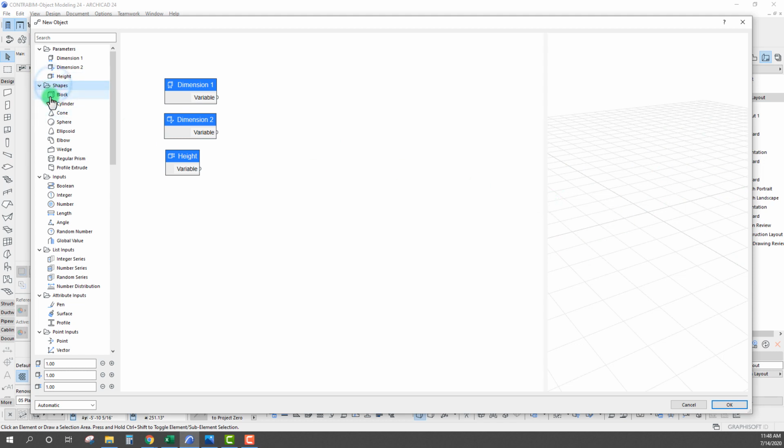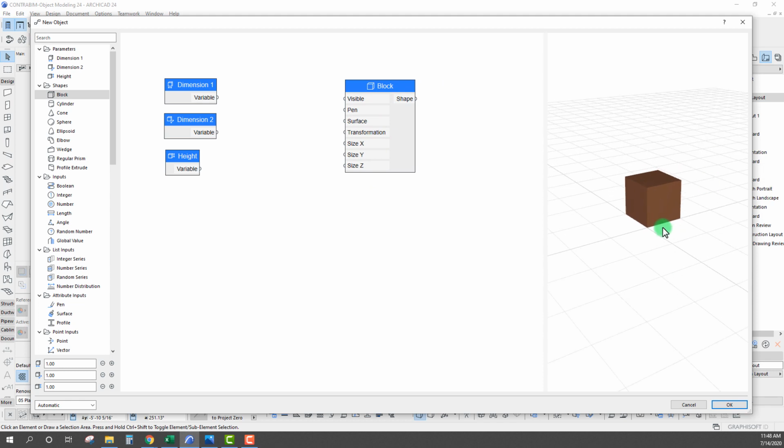The next section here is shapes. So if we take this and drop it in, you'll see obviously the central part here is where we just link everything up. Over here on the right is just a preview of what we are going to be getting from this particular shape. With this here, we can actually just start connecting some of these, our X,